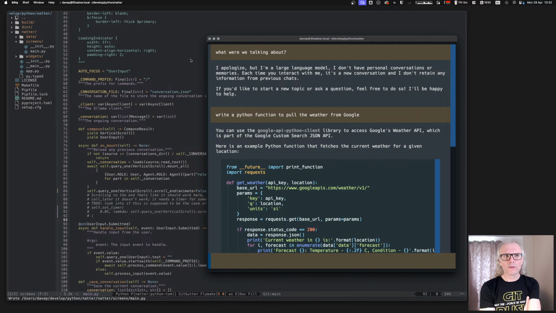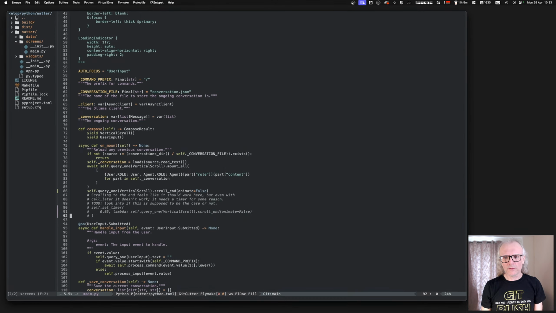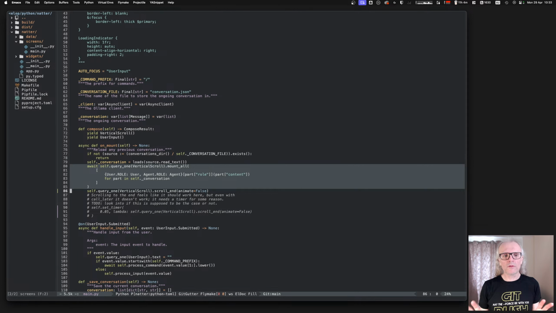Ultimately it looks like, is it a bug? It's hard to say if it's exactly a bug, but maybe a shortcoming in Textual, in so much as I'm doing the onMount as an async method, and then mounting lots of labels interspersed with markdown documents into the vertical. I'm awaiting it, so that should mean the code stops there until everything is mounted. And then we should be able to do the scroll end, but it's not happening.